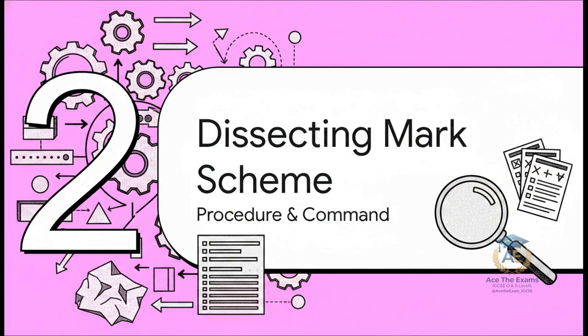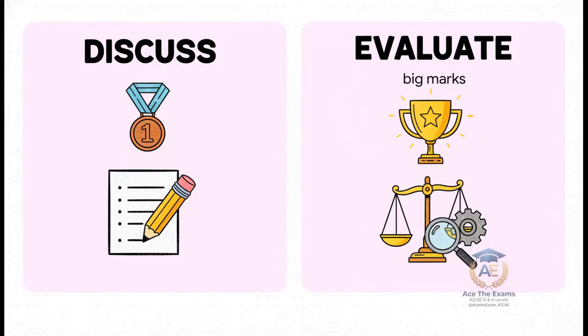Dissecting the mark scheme, procedure and command. You have to understand that the Cambridge assessment framework aggressively prioritizes analytical depth over superficial breadth. Seriously, you could write 4 beautifully handwritten pages on the rich history of intangible assets and still miss the mark entirely because you ignored the command words. Let's contrast discuss versus evaluate. If a prompt asks you to discuss, it merely requires a broad overview, just stating the facts and laying out